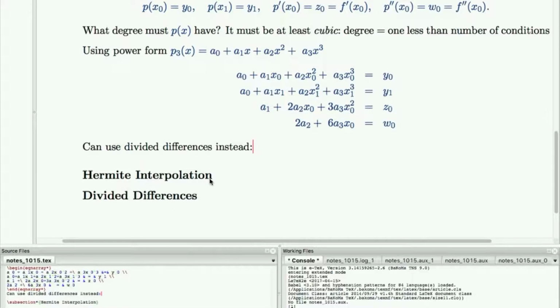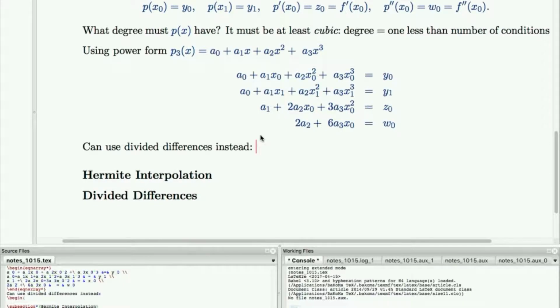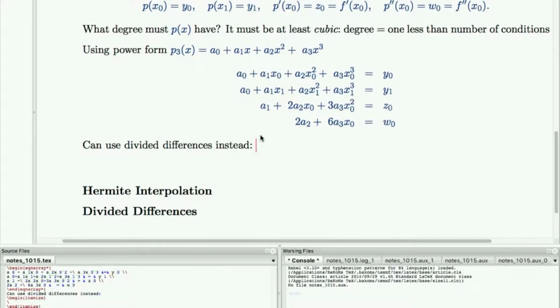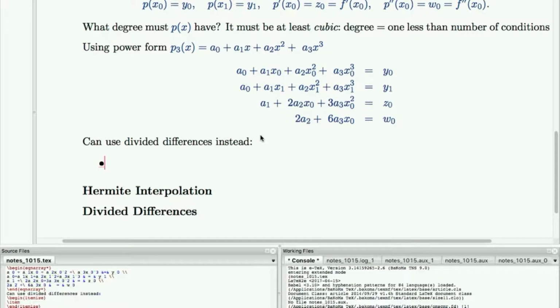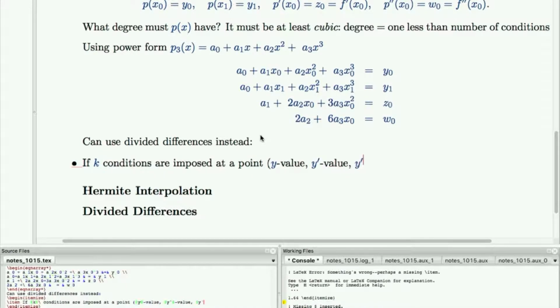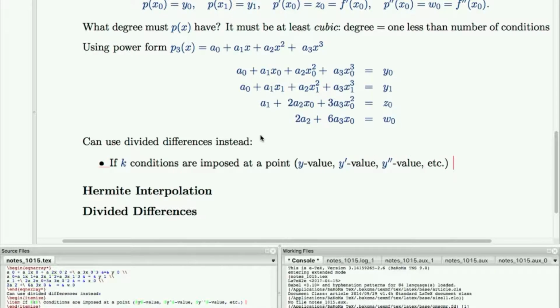But here's the idea behind using divided differences. For osculatory interpolation in general, here's what you do in words, and then you'll see it a little later. Okay, first, if k conditions are imposed at a point, so for example, y value, y prime value, y double prime value, etc., then that point,